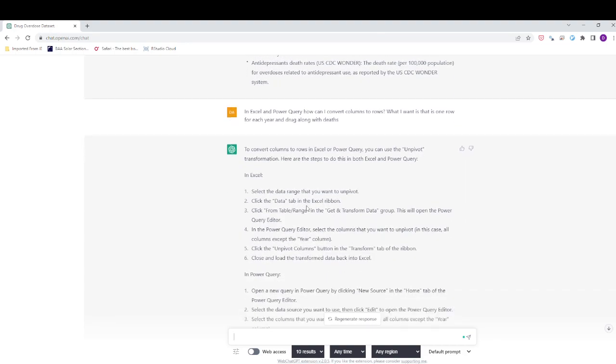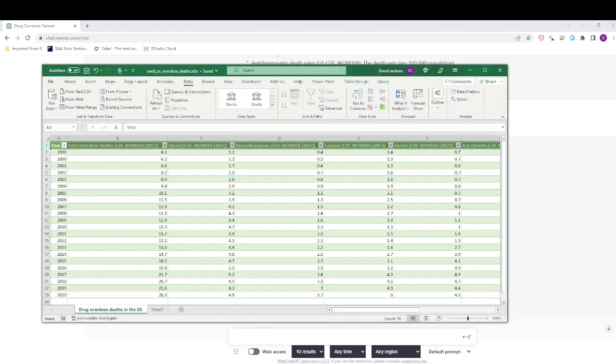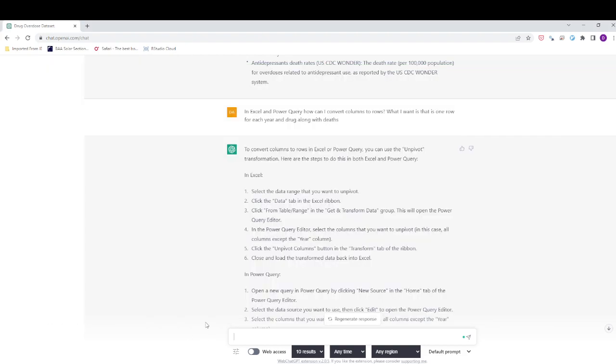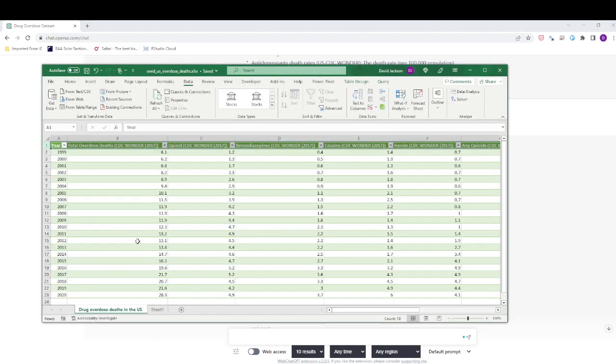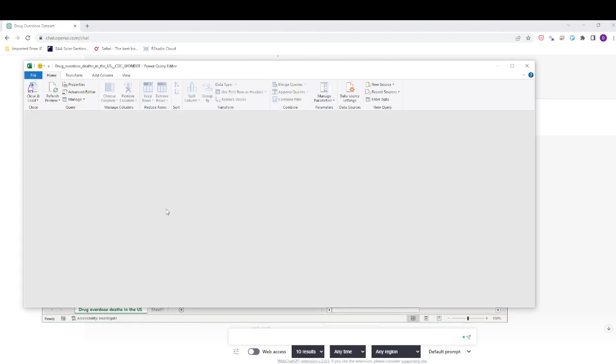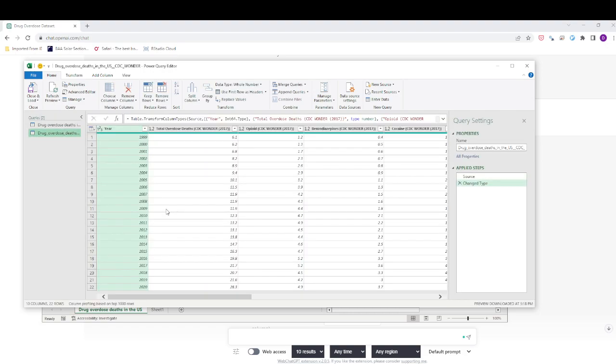So come over here, the Data tab on the Excel ribbon. Now click From Table/Range in the Get & Transform Data group. Now I could actually come up here and get the same thing, but I just want you to see the process. So go over here, Get & Transform Data, From Range. Okay, and here's our